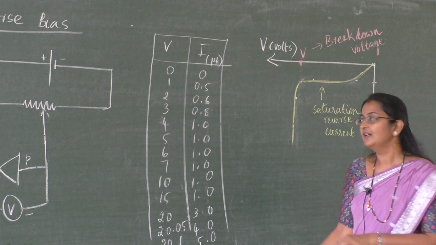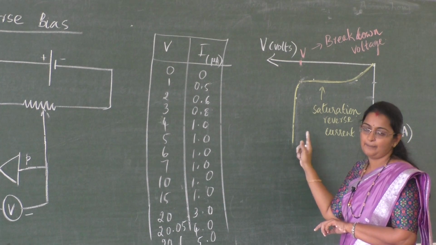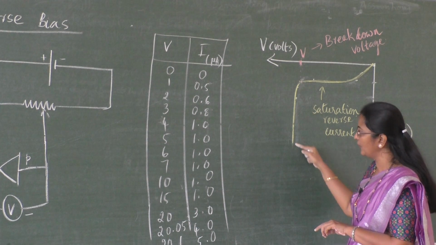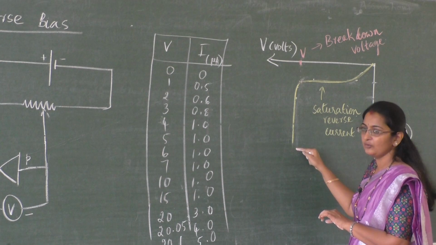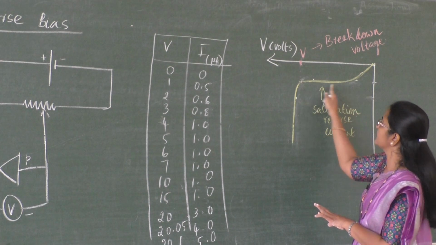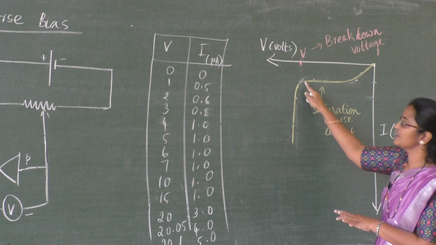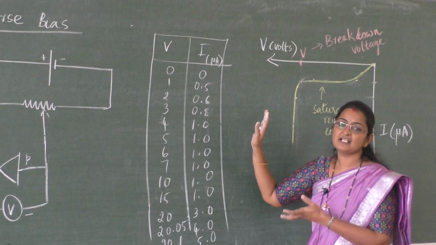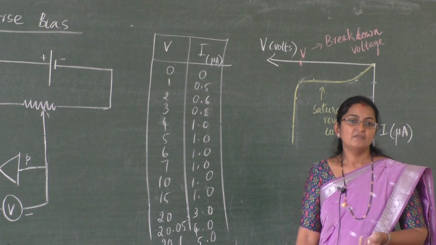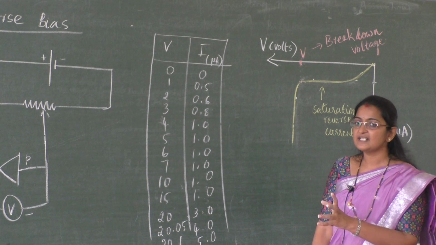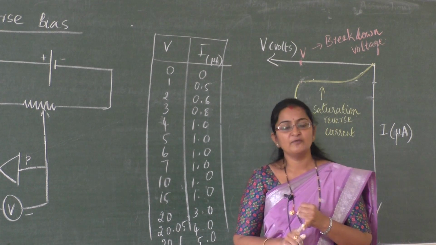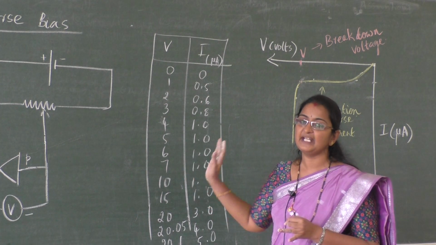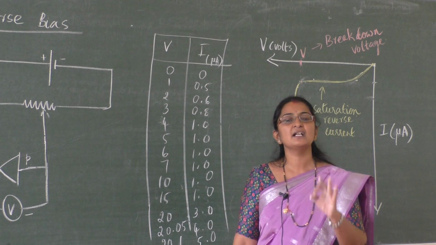For that sake, we should know this graphical representation. So students, you should know what this breakdown region is, why current increases, why the current here remains almost constant, what the name of that current is, and how the reverse bias condition works. So the basic difference you have understood: forward bias, reverse bias, its VI characteristic, and now the final conclusion.